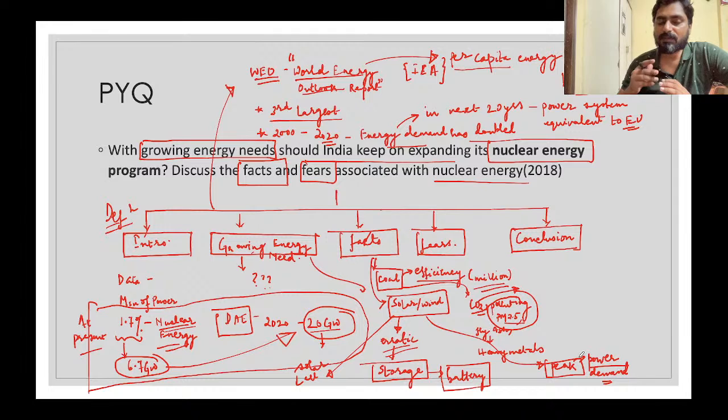So if you have installed, let us say, a solar power plant of 100 megawatt, and it is running at its maximum capacity, can you just increase the power from this? Most of the plants, if they are designed for 100 megawatt, would hardly run for a fractional part, like 20 megawatt, 30 megawatt, but you still will not be able to increase the power, because the efficiency is low. But if you are looking at nuclear power, you just have to increase the rate of the reaction, so you can meet peak power demand.